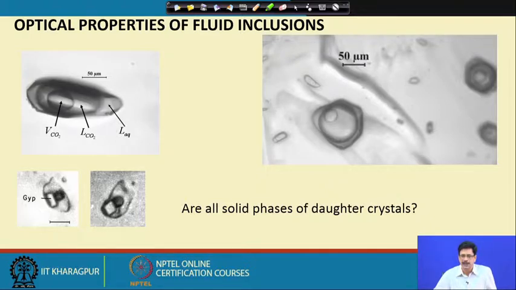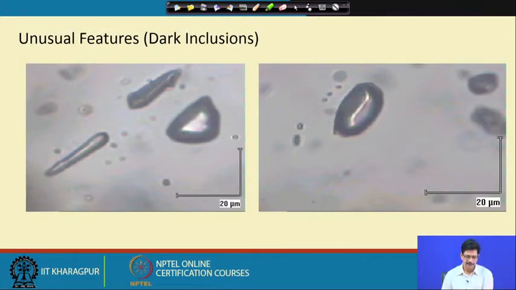So, it could be that this solid crystal was accidentally entrapped within the inclusion cavity. We will discuss a little bit more about them later. So, here the whole idea is just to get yourself acquainted with certain unusual situations where we